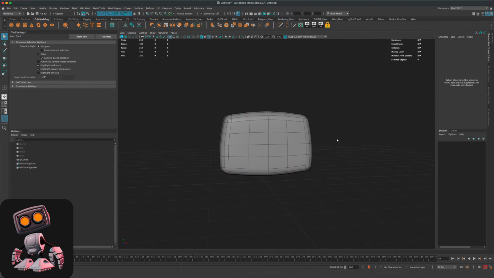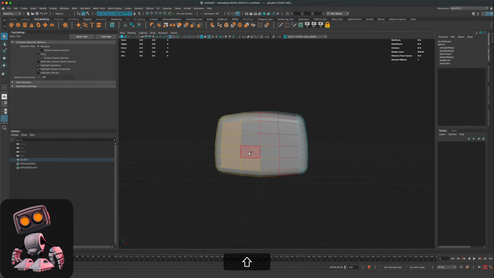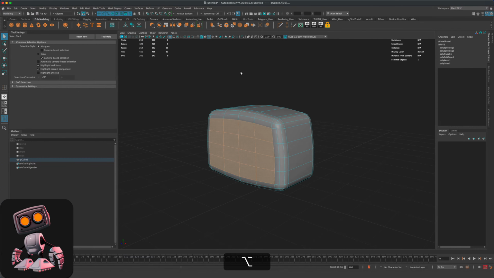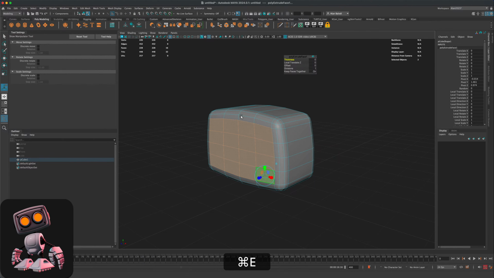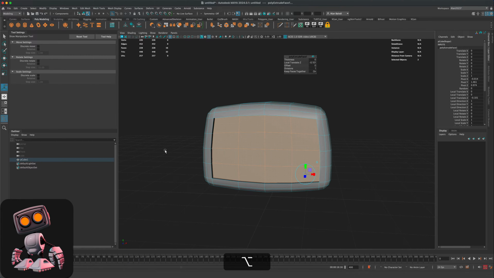Very nice. Okay, all right, so next let's create a little extrusion for our face. So I'm gonna select all of these faces about here. I'm gonna press B on my keyboard to turn off the soft select. And I'm gonna press Control E to activate my extrusion. And let's just figure out if we want our face to be in or out. I think what I'm gonna do is push this in, and then I'm gonna press Control E one more time,